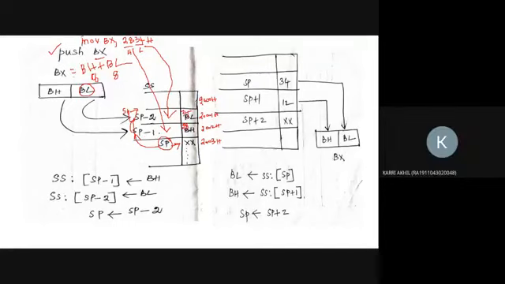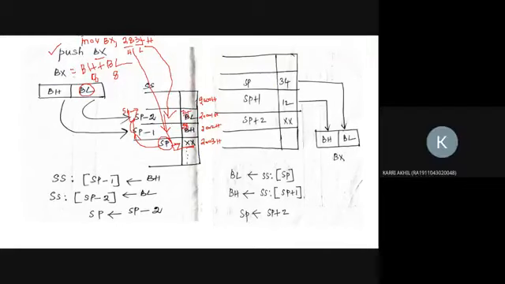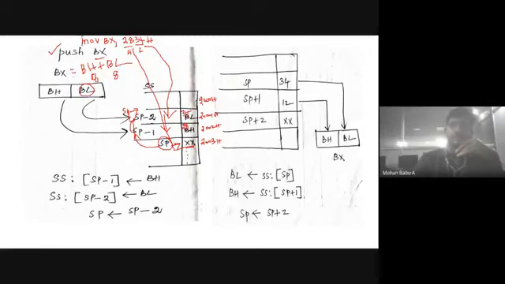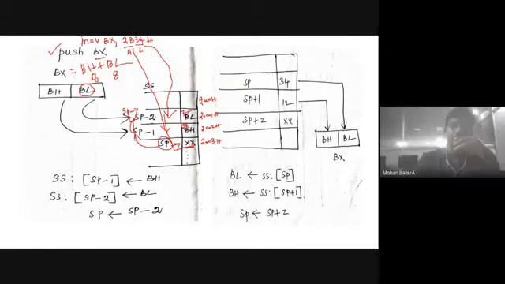Sir, what is the double X, sir? Here you have given this 2003 address. It may be any value. So before storing any data, it may contain some data inside the stack segment. We need to take the value from the top of the stack, no? Yes. The top of the stack value is 2000 H, no, sir? 2000 hexadecimal, no?